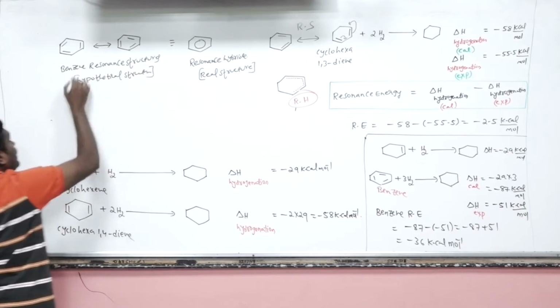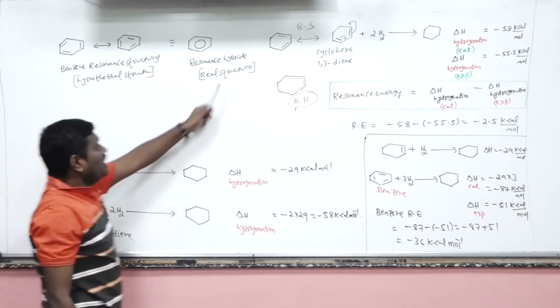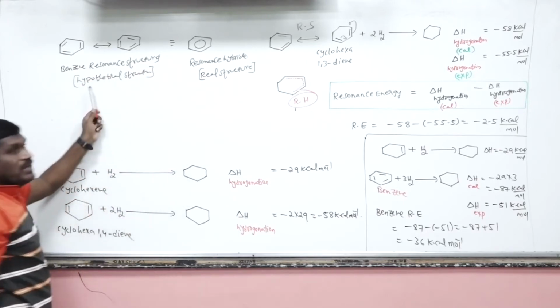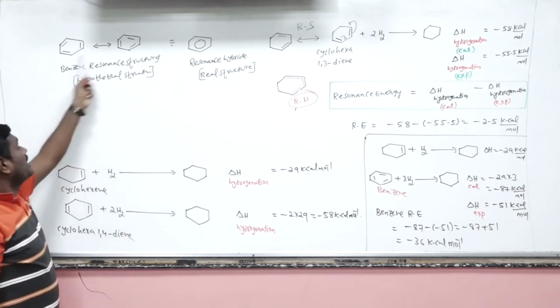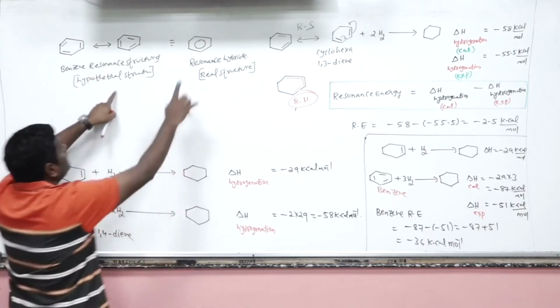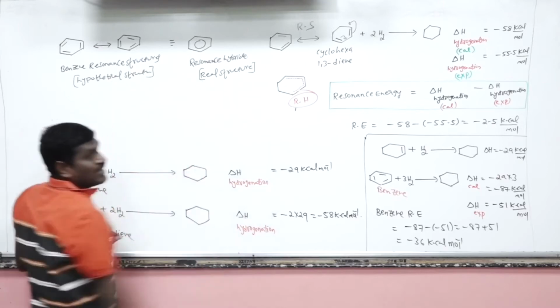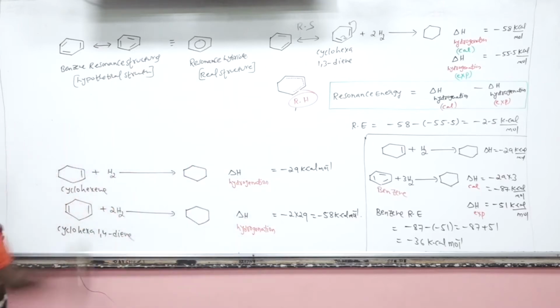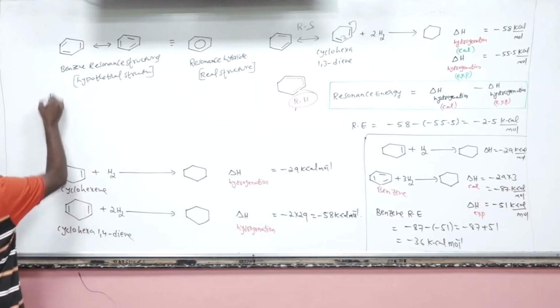Practically, the benzene structure is the real structure, and these two structures are only to write on the paper. We can write these two structures, but the real structure of benzene is this one. Now the energy difference between these two is called resonance energy, isn't it? Now here, let's suppose